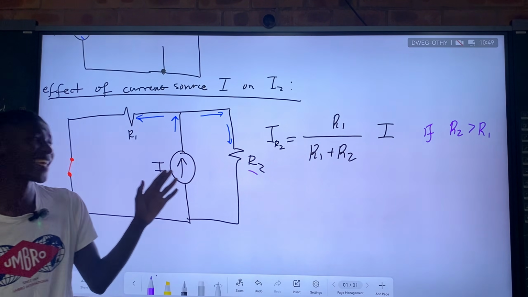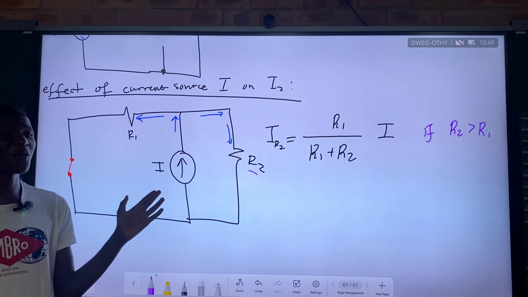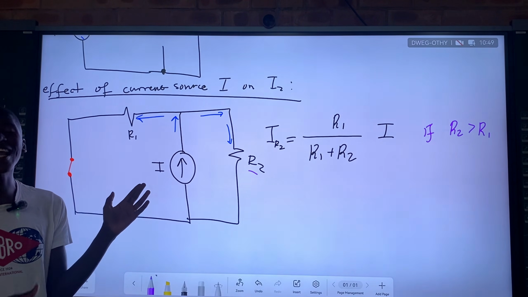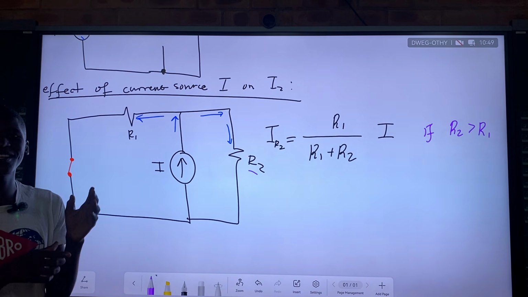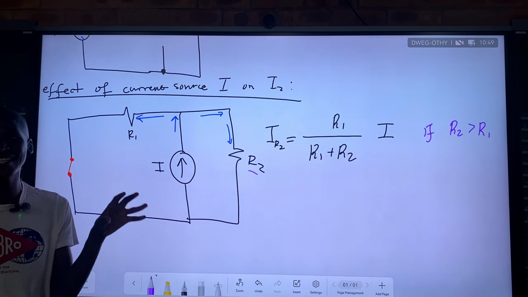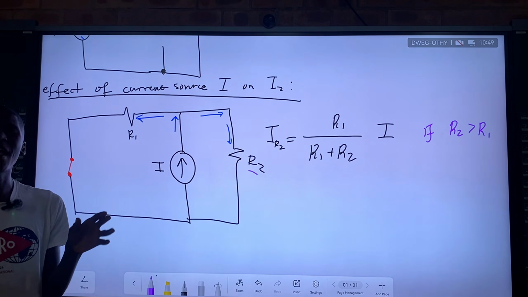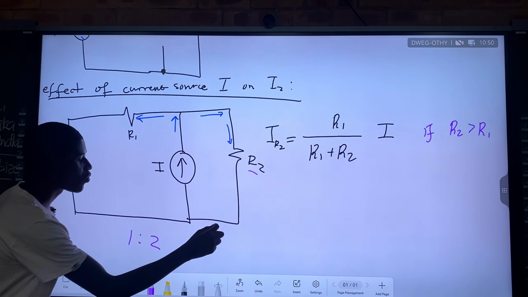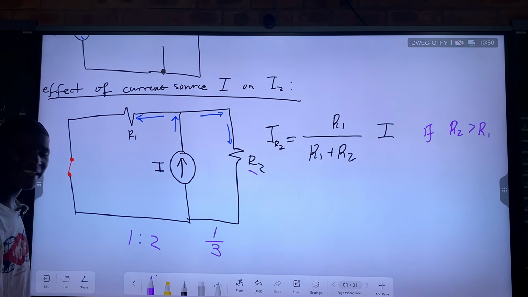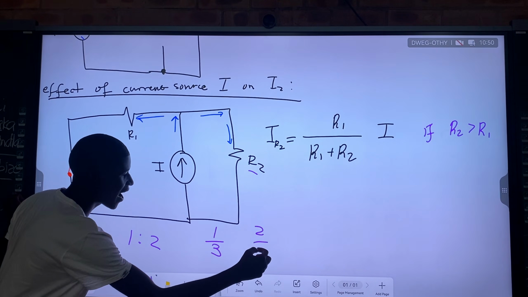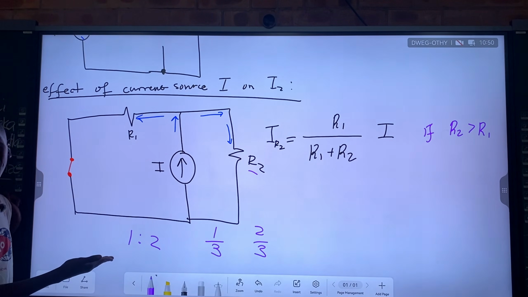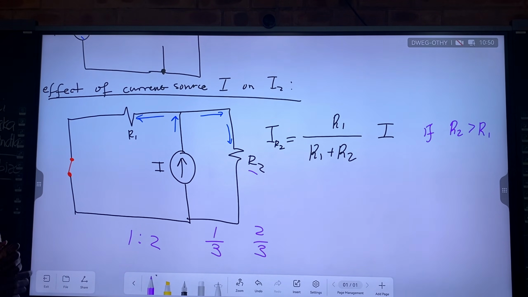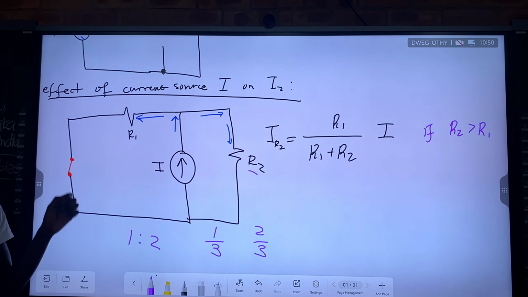A grade 12 learner can do ratio by now. So please let's not make ratio a very big thing. Because ratio starts in grade 4, where we divide girls and boys in a class of 30 people, whereby we've got a ratio of 1:2. We know that 1 over 3 is boys, 2 over 3 is girls. This is the ratio that you have learned all the way from grade 4. So apply the similar ratio here, but do an inverse proportion.